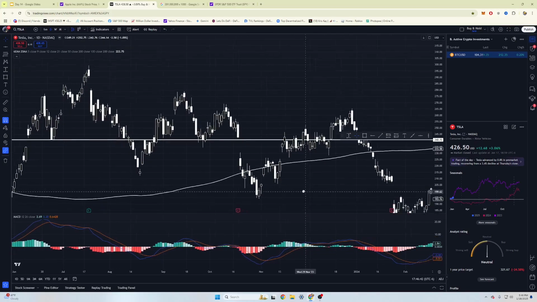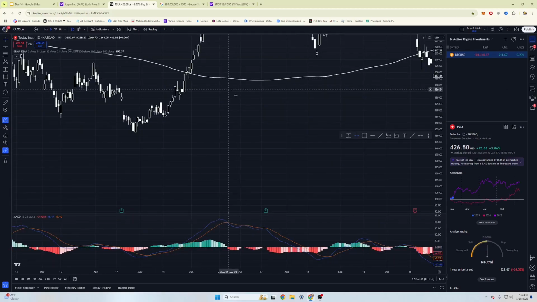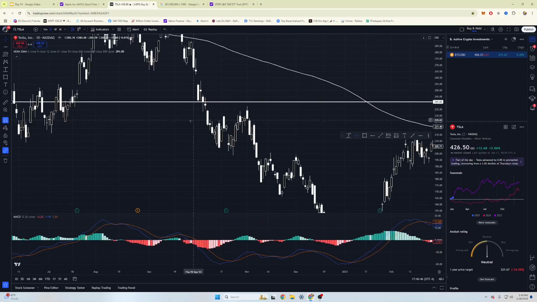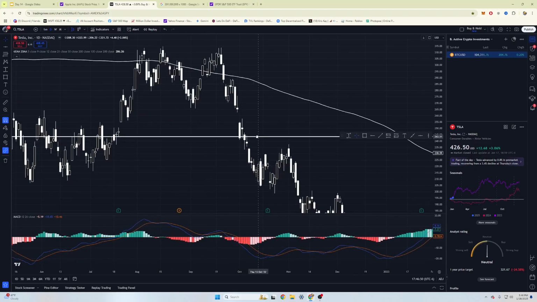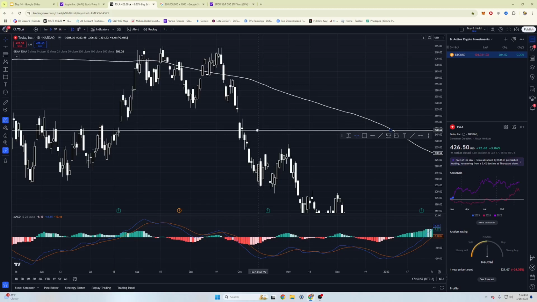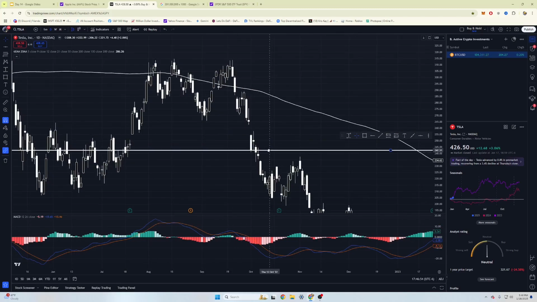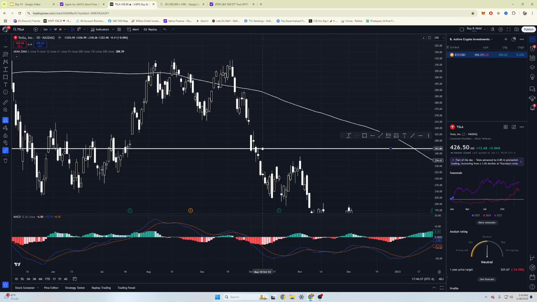Let's give a good example. Let's give a brilliant example. Say for instance we had the support level here, right? Let's say we had the support level here. Let's drop it a little bit, like here. Okay, perfect. If this was our support level, just to make it easy, and we were doing a break and a retest,